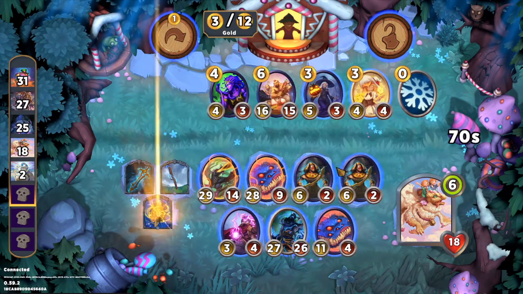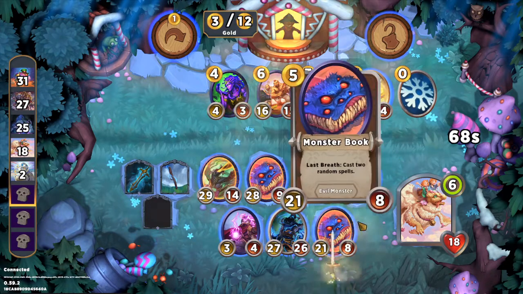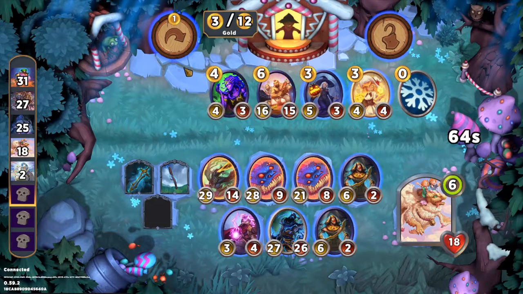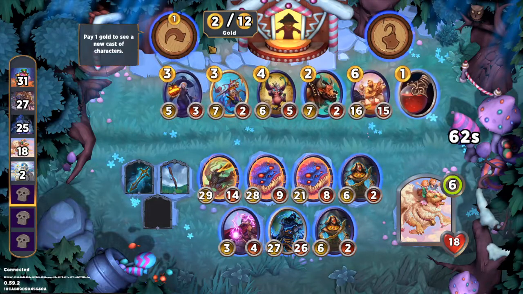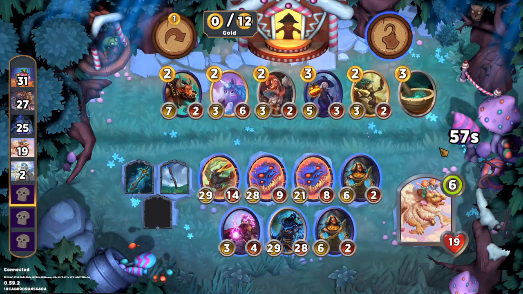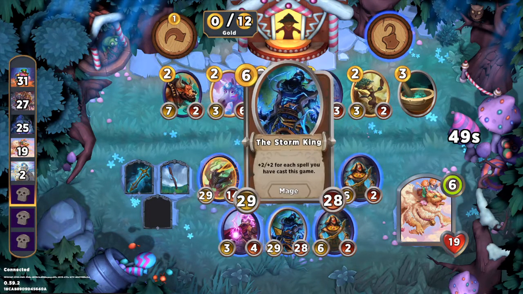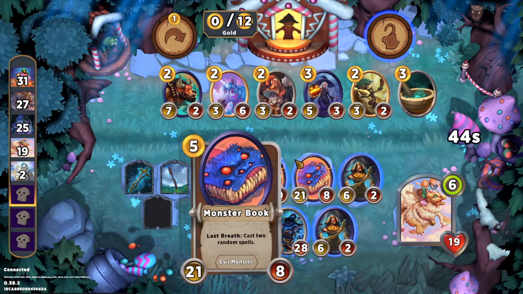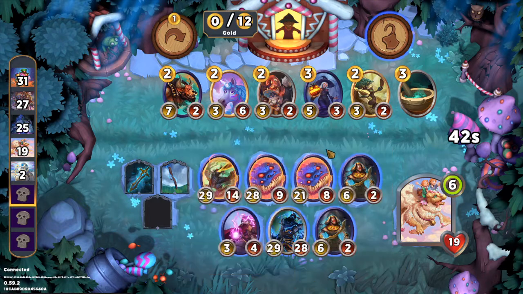Okay, here we go. Upgraded book is going to be a nice little front line for us. Grab that, buff Storm King. So we're sort of heavily into this book strategy. And the Storm King's actually very small for this point in the game. But if we keep casting 4 spells a fight, and if we can get that upgraded at some point, we